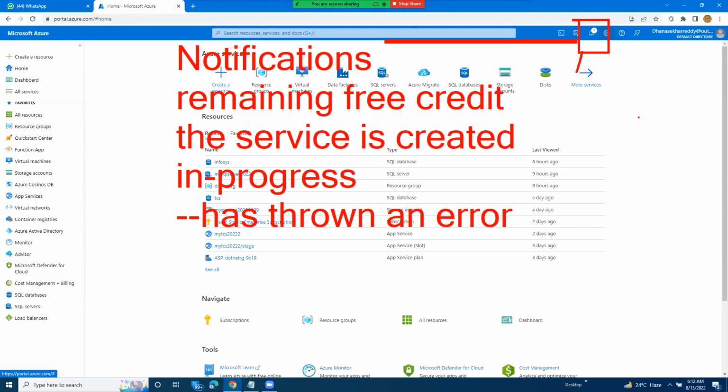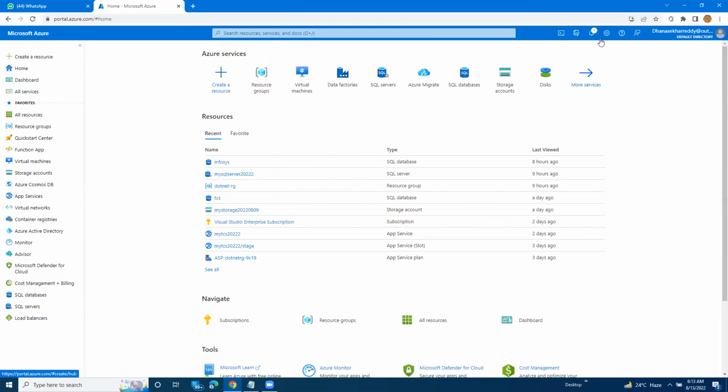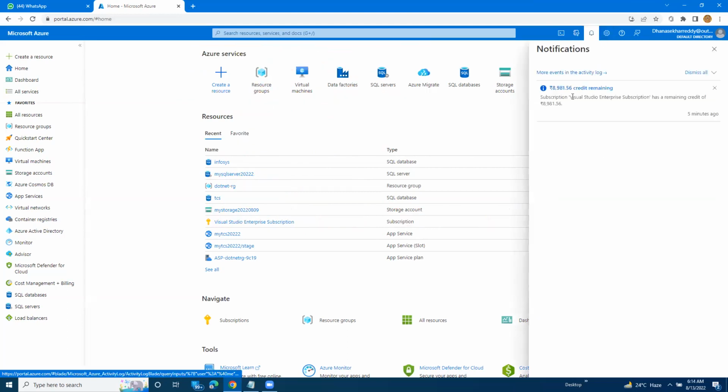Clear? For example, mine is a free trial. Click on it. See, it is showing